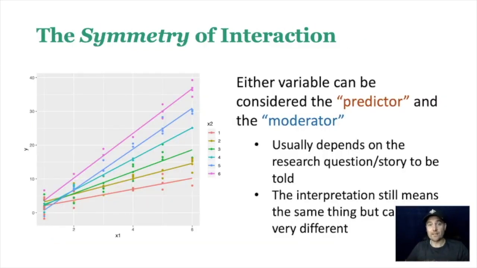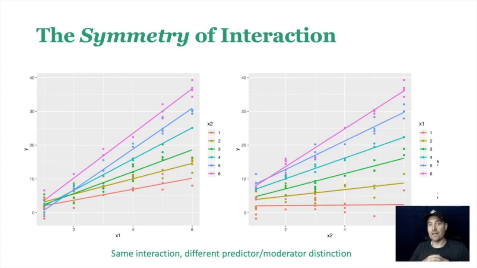One thing that's important is either variable can be considered the predictor or the moderator. They're interchangeable. Generally, it actually depends on the research question or the story to be told. Often the moderator is this thing that is changing the relationship between the predictor of interest and your outcome. But the interpretation still means the exact same thing, whether you use one as a predictor and the other as the moderator or vice versa. But it can look very different. What's important to note is that it's still the same information, still the same interaction, but the story can be